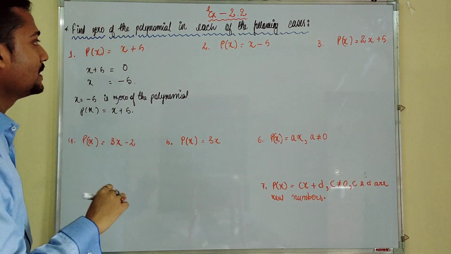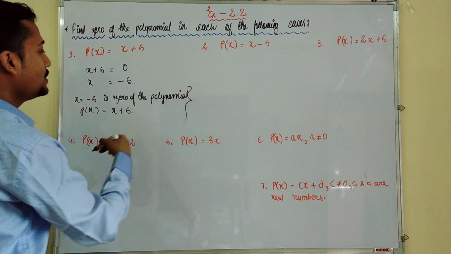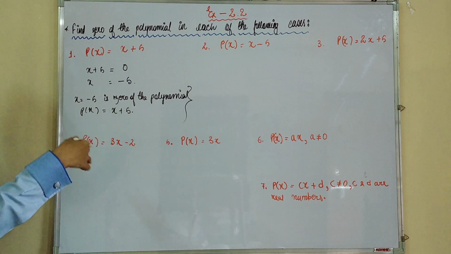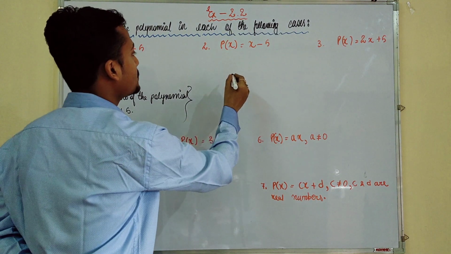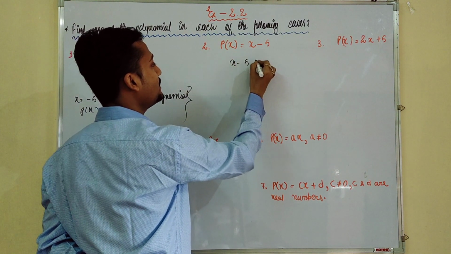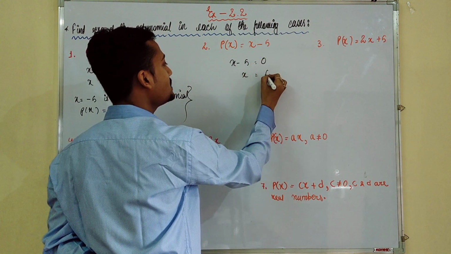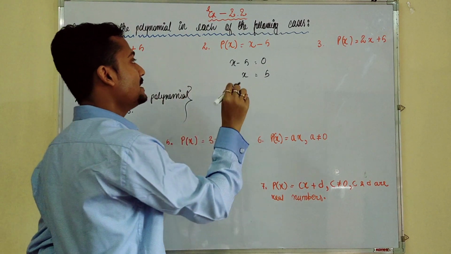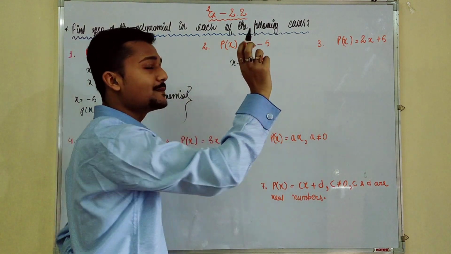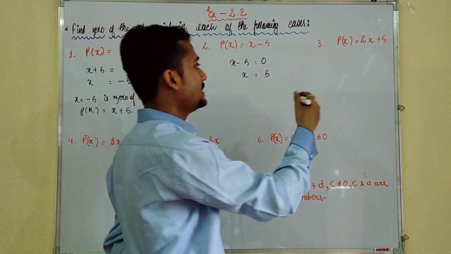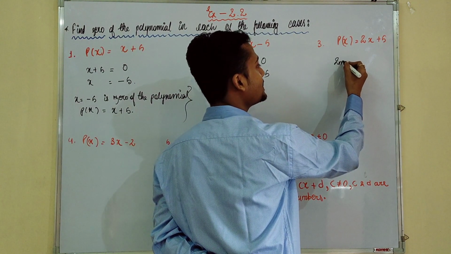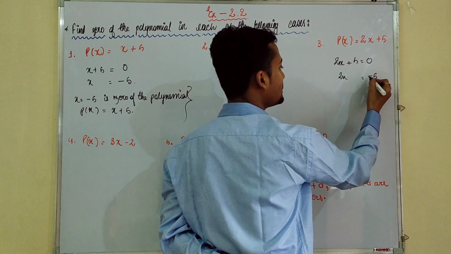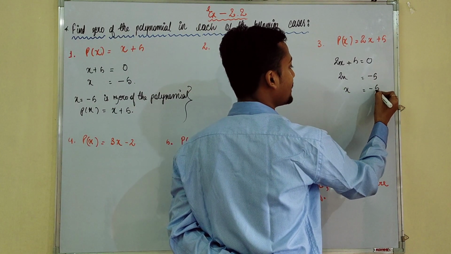Is that clear? Next, so this statement you will be able to write from now, so I will not be repeating this particular statement again and again. I will be doing the questions. Okay, so x minus 5 is equal to 0, so x will be how much? 5. That means if we take x equal to 5, then 5 is the 0 of the polynomial p(x) equal to x minus 5. This particular question, 2x plus 5 is equal to 0. So 2x is equal to minus 5. x is equal to minus 5 by 2.